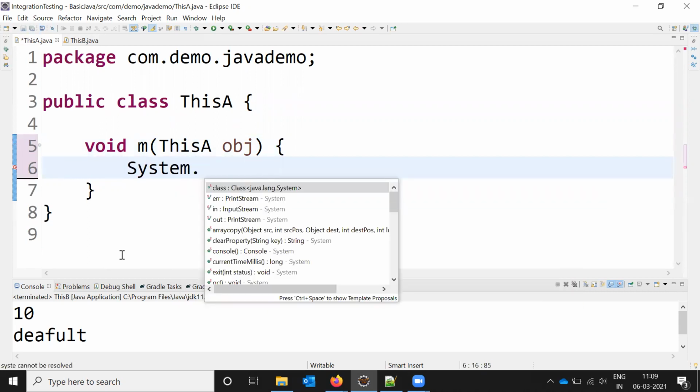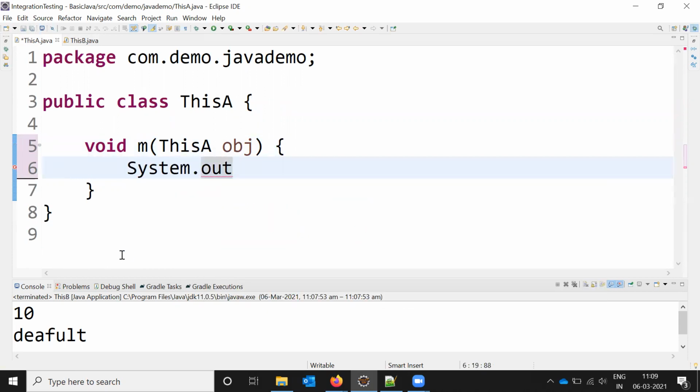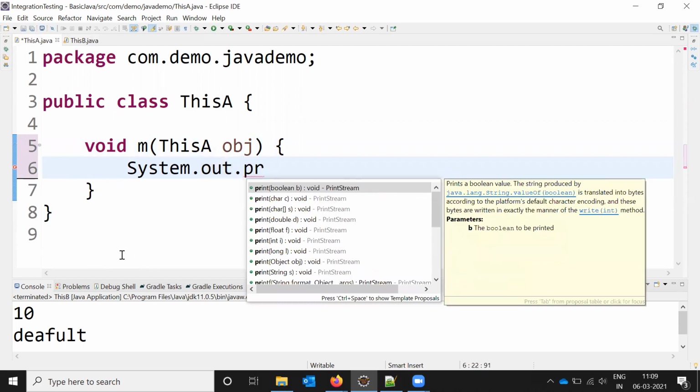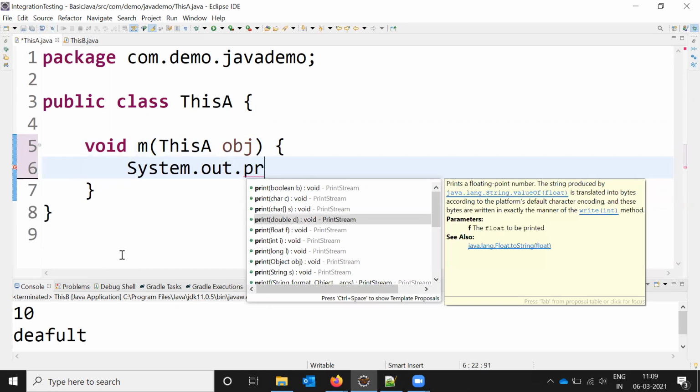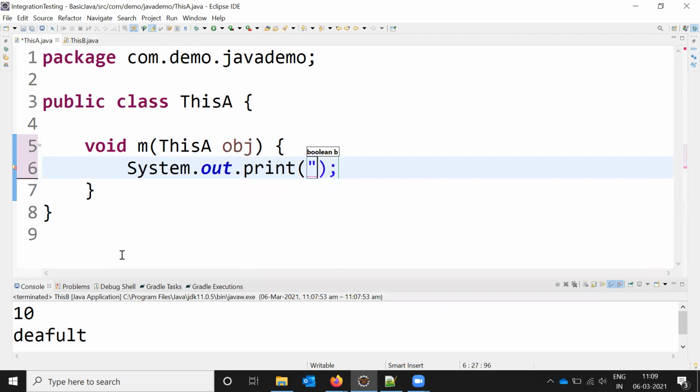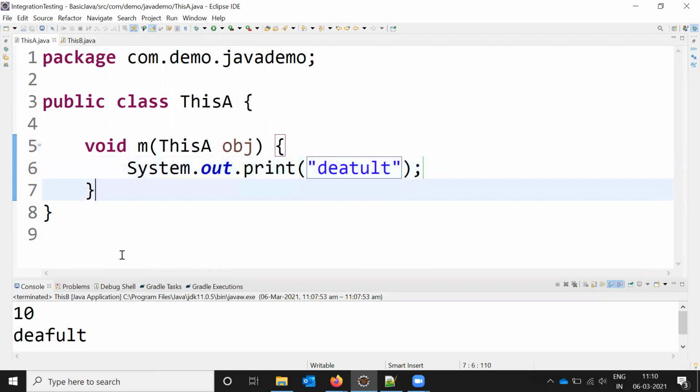System dot out dot println. Okay, I will print the a value, which is the default. And here what I'm going to do, right?